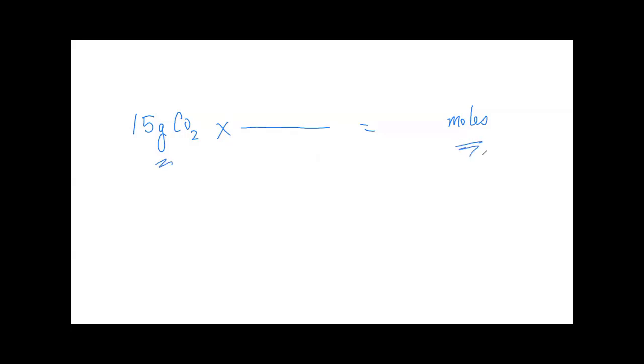If we're converting grams to moles, grams has to cancel. These grams have to cancel. So the way you cancel something is by putting it on the bottom of the fraction. This is grams on the bottom. Does this look at all familiar, or did you never learn dimensional analysis?